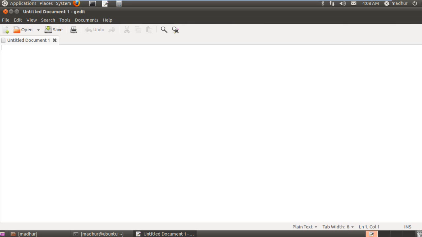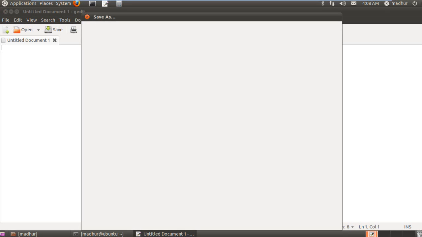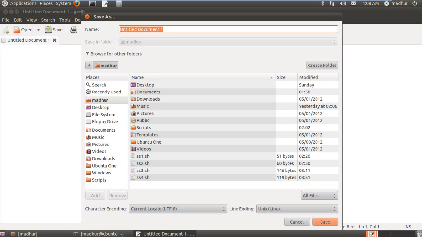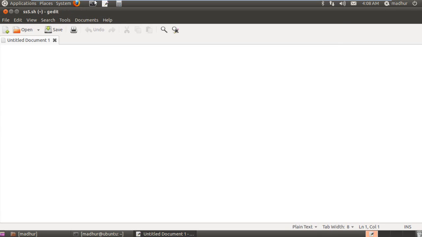and I'm gonna call it ss5.sh. This is the fifth script file we're creating in this course, ss5.sh, and I'm gonna save it in my home directory. And what this script file is going to do is I'm going to execute this program in the terminal and I'm going to provide it a name as an argument at the time of execution, and I'll use chmod command